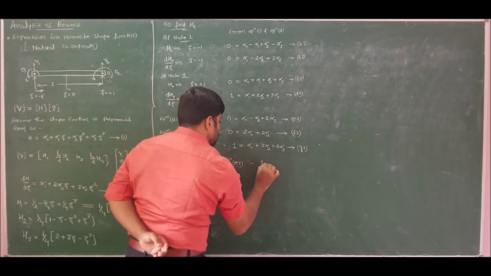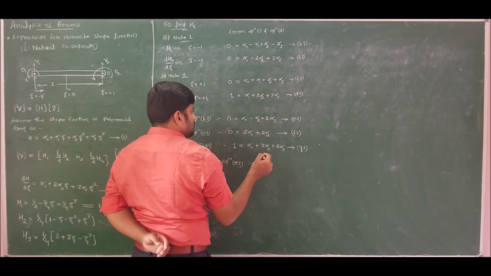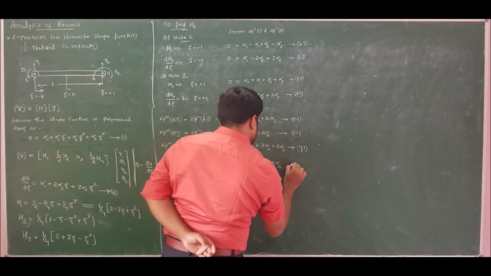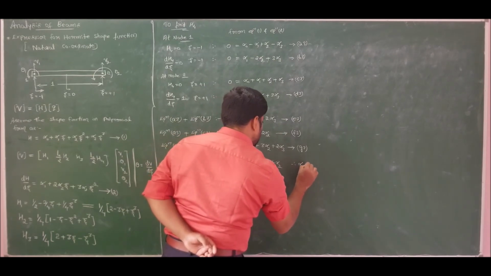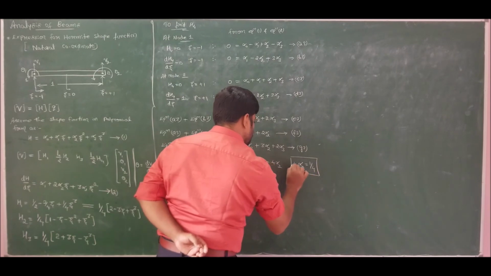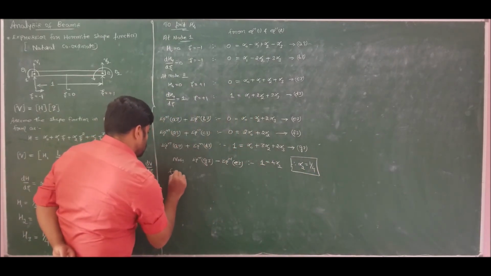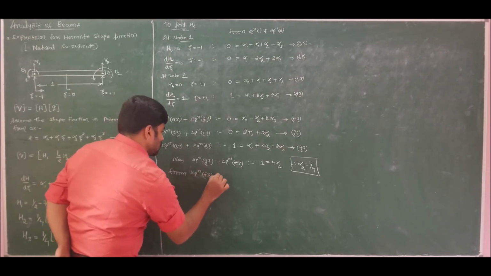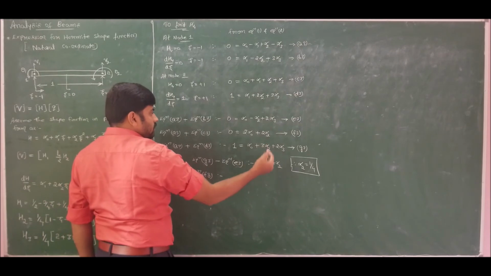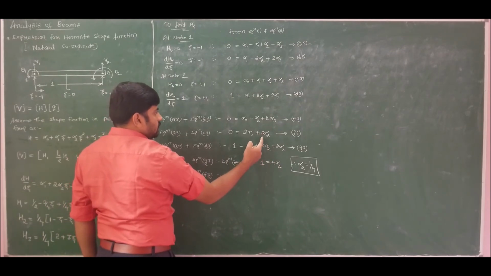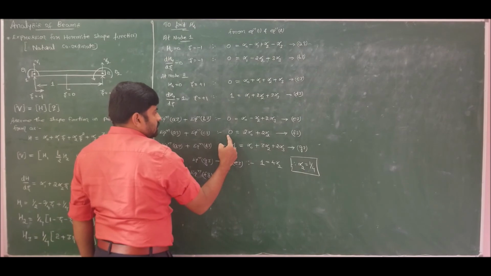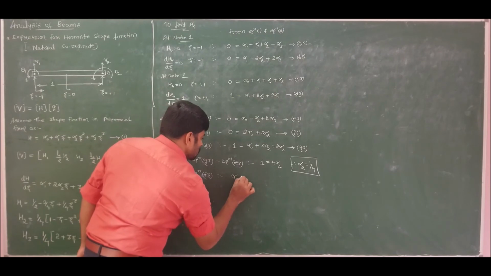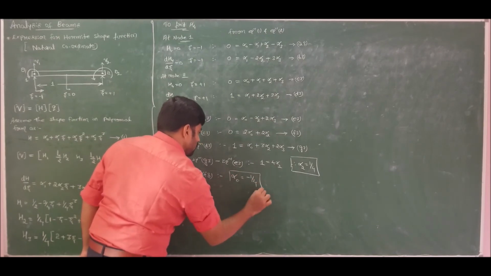1 minus 0 is 1. Alpha naught minus alpha naught cancels, which is equal to 4 alpha 2. So therefore you get the value of alpha 2 as 1 by 4. Now from equation F3, alpha 2 is 1 by 4, that is 1 by 2. If I send it here, it is minus 1 by 2. Minus 1 by 2 divided by 2 is minus 1 by 4. So alpha naught is minus 1 by 4.